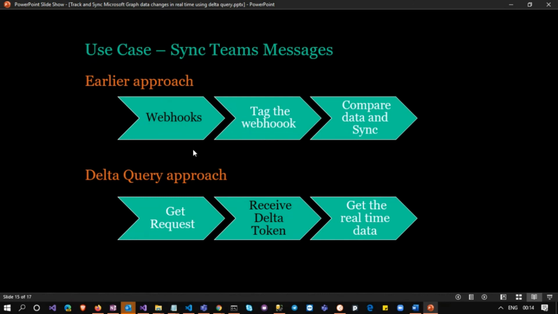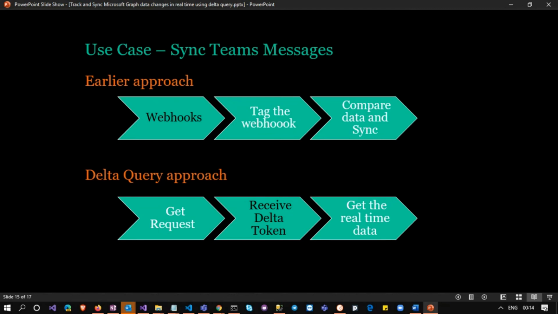In the earlier approach, if the user forgot to mention the webhook, you would not be able to track the message. You may miss that message because it depends on the current user, right? We are not sure that every user will keep on using the at mention webhook to send the data. But with this Delta query approach, we have achieved many things.